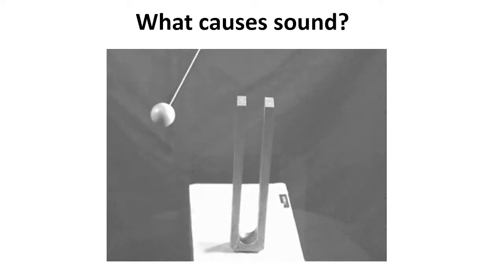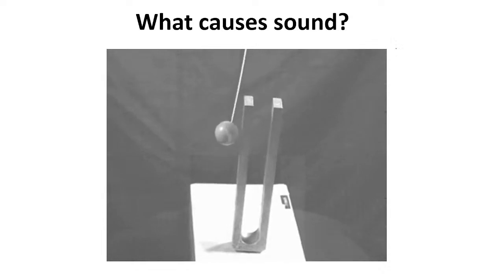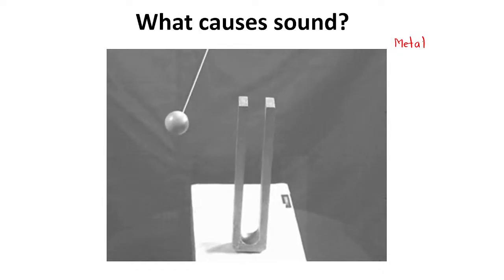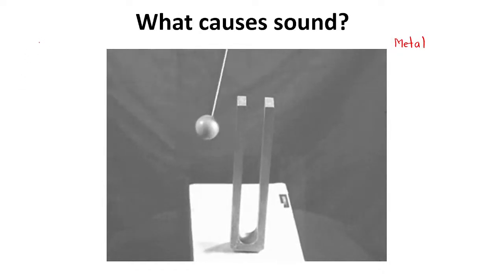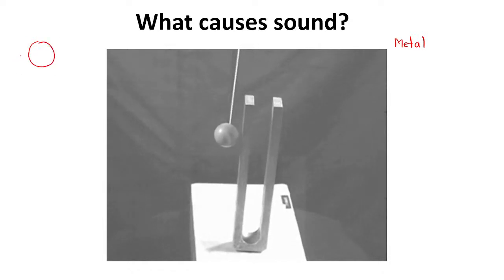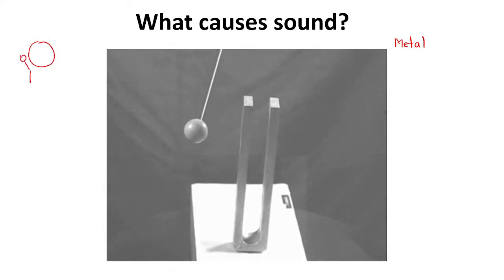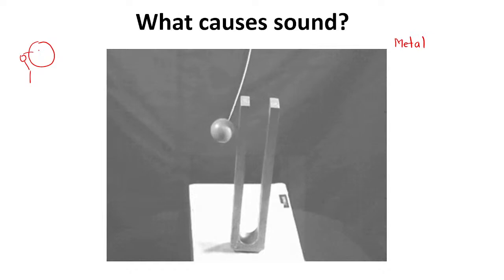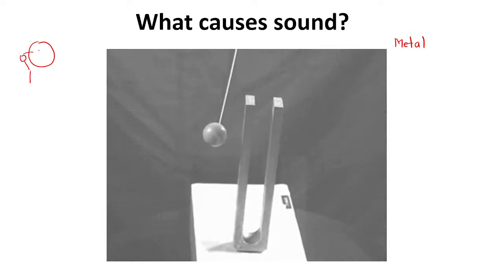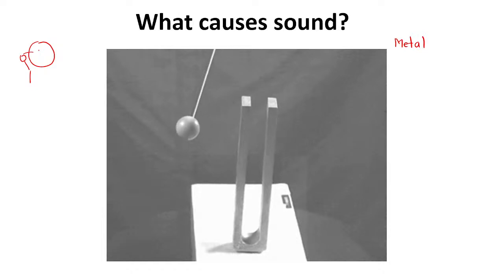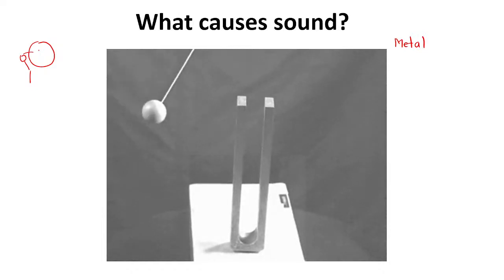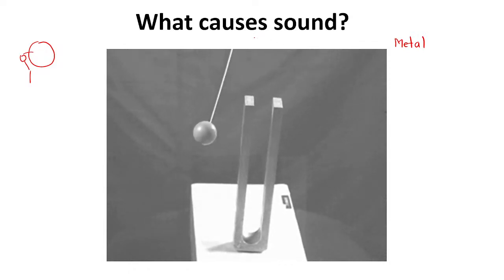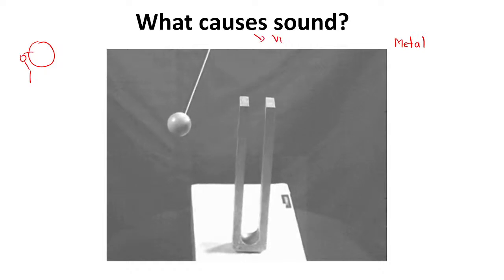What is this school bell made up of? It is made up of metal, isn't it? And how is the sound produced in that school bell? So there is a metal gong and there is a hammer attached near the school bell. So when this hammer strikes that metal gong, it produces or causes the sound. When the hammer strikes the metal gong, that is, the metal gong is vibrating. So from this example, we get some little idea how the sound is produced. The cause of sound is vibration.